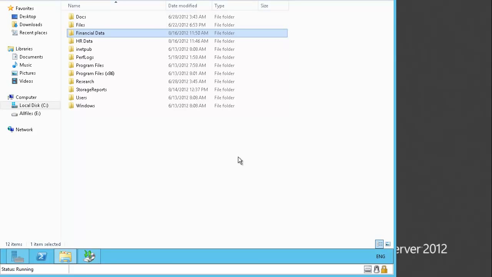So that's it for the Windows backup and recovery option. Hope this is going to help you out in your